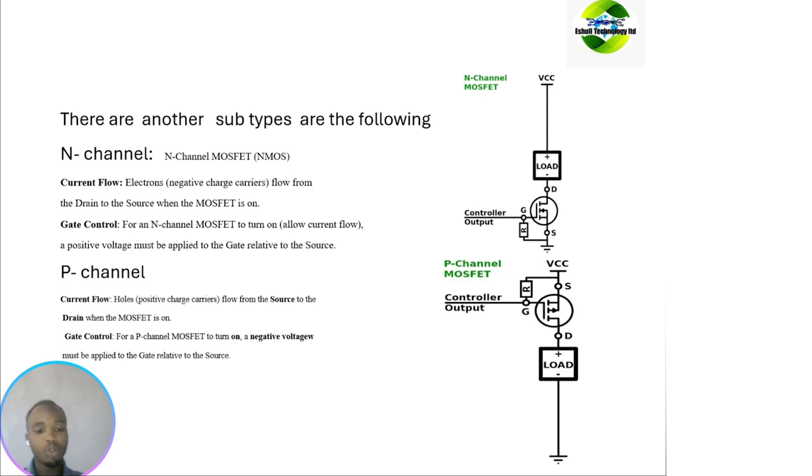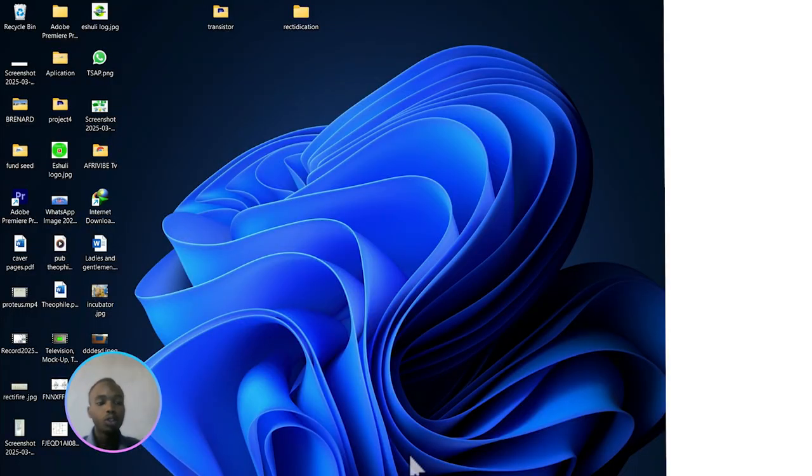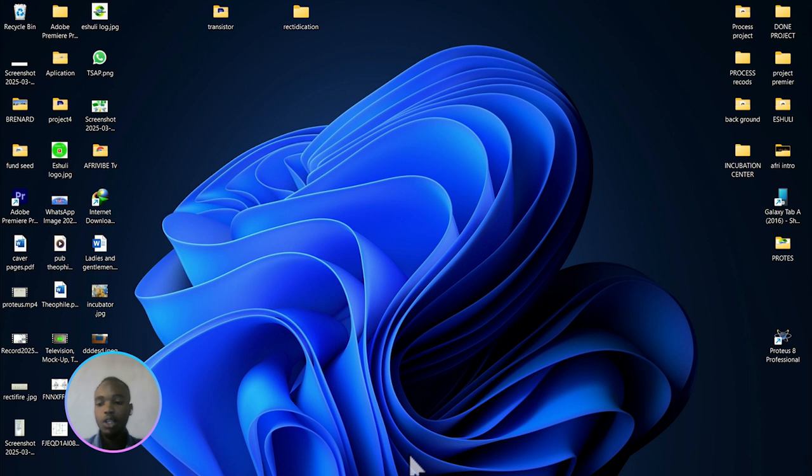Welcome to Proteus, in order to simulate and see how it's working properly. Thank you so much. Let us continue about Proteus software. This software, as I told you, is a simulation software which helps us simulate your circuit in order to see how it's working before you solder it on a PCB, on a motherboard.